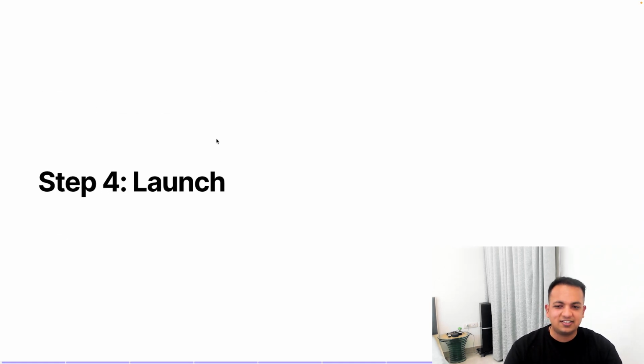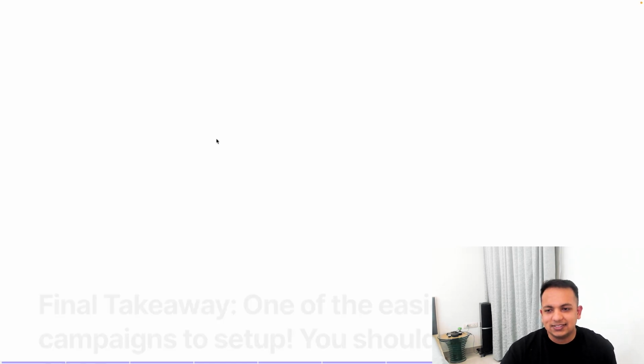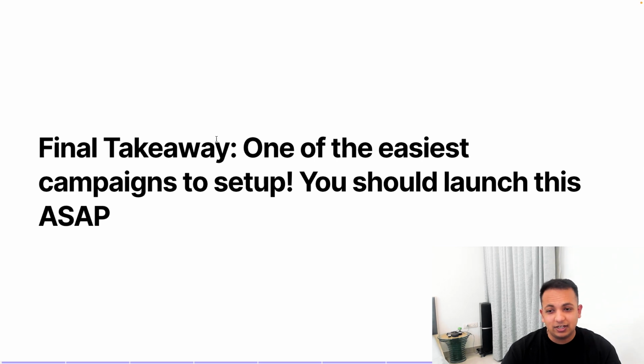Throw them into your sales sequencer, write relevant copy. Do not say, hey, notice you started a role. I guess you can say it, but people receive a lot of emails. So if you have a very good product, you can get away with it. Otherwise, make it relevant. And step 5, the final takeaway, this is one of the easiest campaigns to set up. You should launch this ASAP,